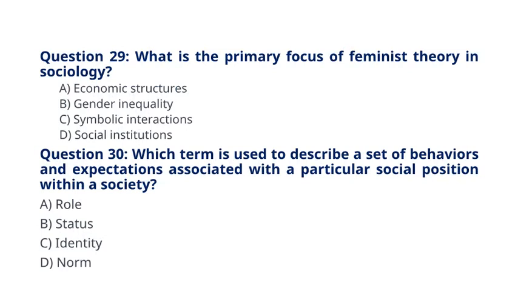A. Economic structures. B. Gender inequality. C. Symbolic interactions. D. Social institutions. The correct answer for question 29 is option B. Gender inequality. Question 30. Which term is used to describe a set of behaviors and expectations associated with a particular